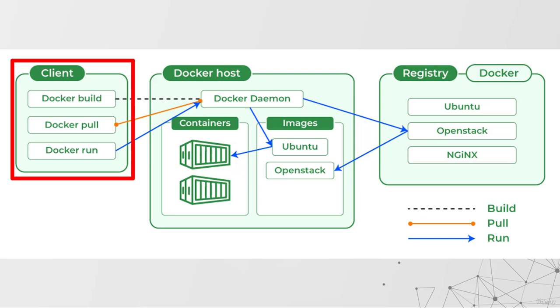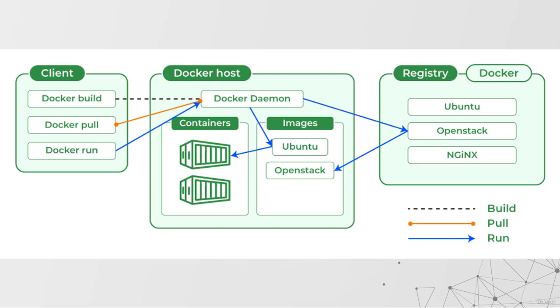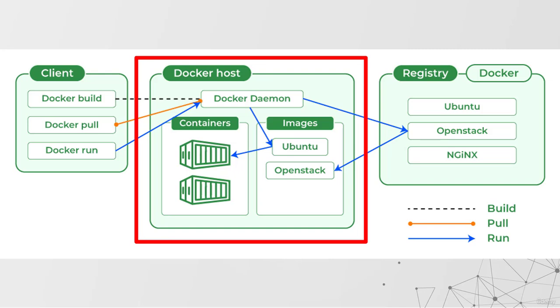Now, Docker build, pull, and run are the commands that clients can run, and Docker build initiates the creation of a new Docker image from a Docker file, and Docker pull fetches an image from a Docker registry to the local system, meaning that your local computer or local machine. Now, Docker run launches a container from a Docker image,